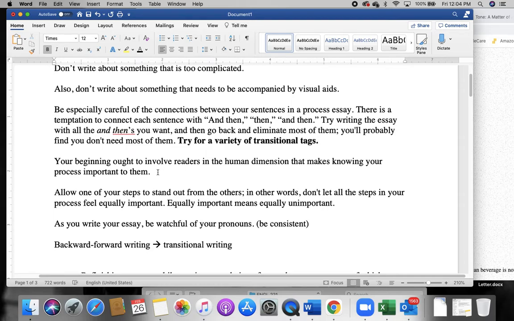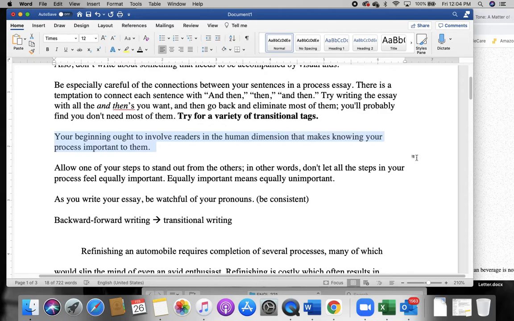Okay, the other thing they brought up is this human dimension part that I mentioned earlier. So this is important, of course, to the process essay, because